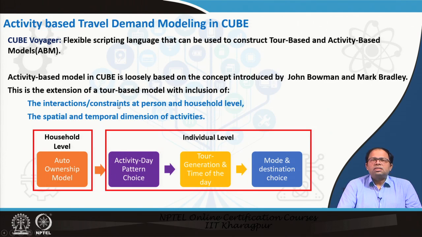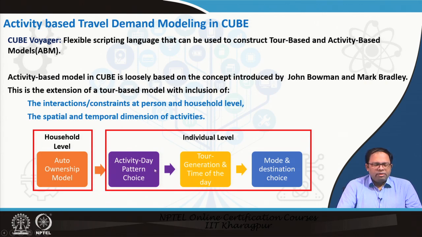And then constraints are there. That means there are certain time constraints, there are certain destination constraints, and for example, if I go for a certain activity on a particular day, I cannot do something else. The number of intermediate stops that we will have in my tour depends on the time, and so many other things. These are the constraints that we are talking about, and then the spatial and temporal dimensions of the activities, like where it happens and for how long it happens.